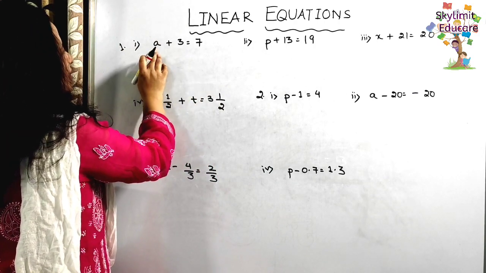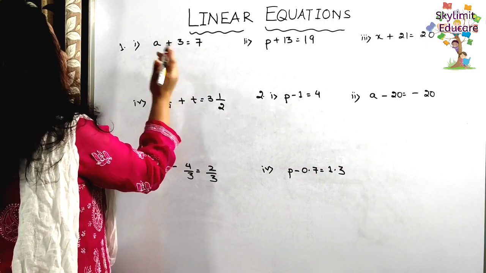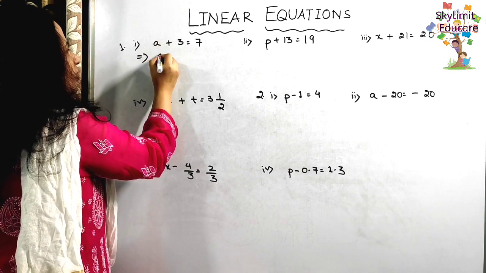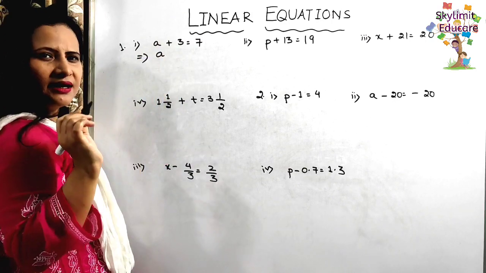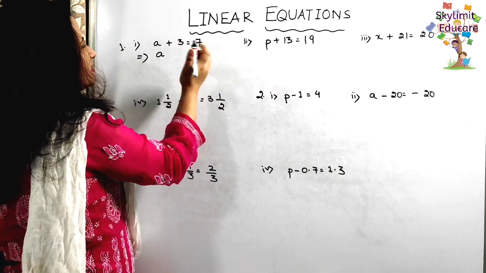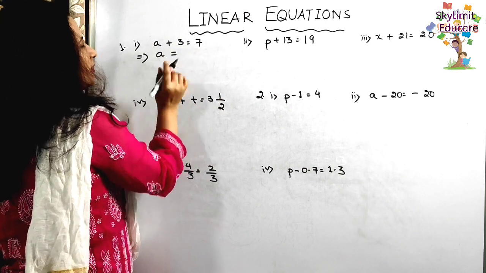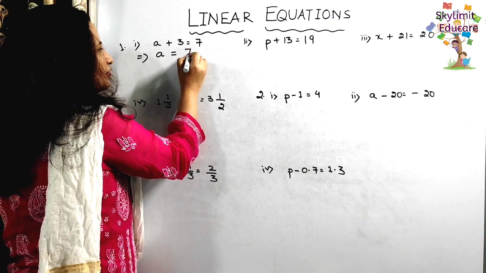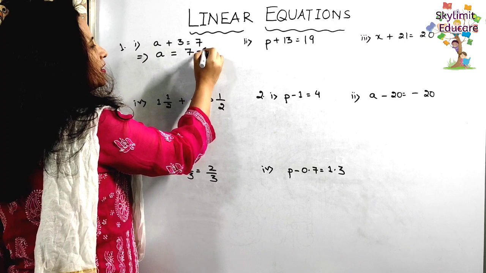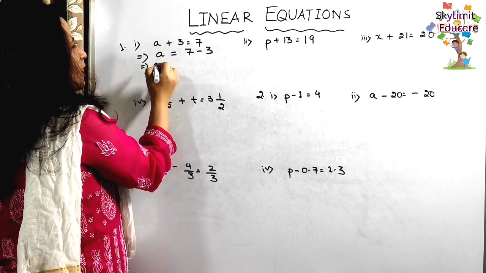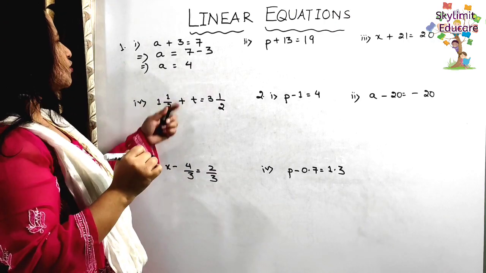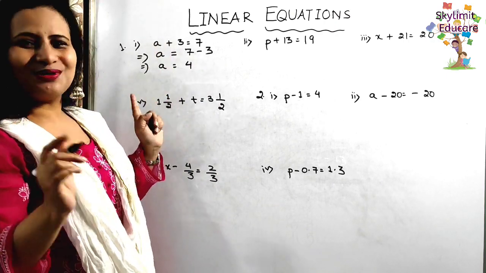So now the first question you can see, a plus 3 is equal to 7. So what I have to do here, I have to find the variable a. So what I will do, I will just keep a on the left hand side. Only one more quantity is there, that is plus 3. I will shift it to the right hand side. So first write equal to sign. Whatever is on the right hand side, write it down first. 7 is there. Now plus 3 goes that side, becomes minus 3. So now what I have got, a is equal to 7 minus 3, 4. And you can check also, 4 plus 3 is equal to 7.